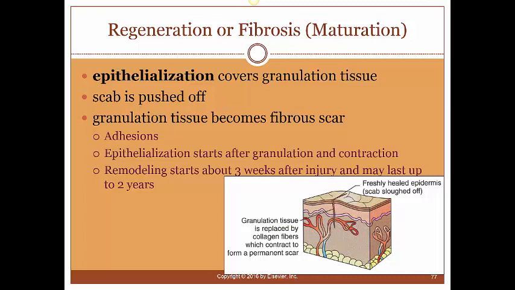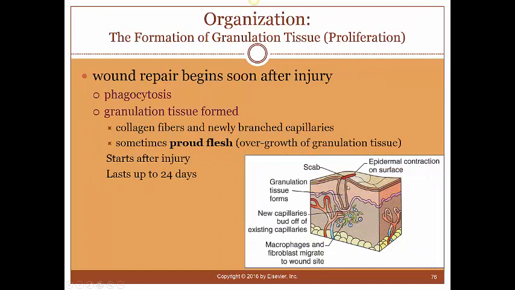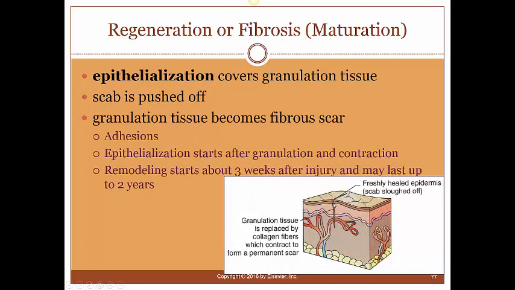And then lastly, we have something called remodeling. And so remodeling is actually going down in this granulation tissue and replacing a lot of those collagen fibers and actually making this a much smaller wound. So a lot of the granulation fibers that were in here, when we get into remodeling, are going to actually be taken out, and the body's going to make a much more dense, thick type of collagen fibers to actually